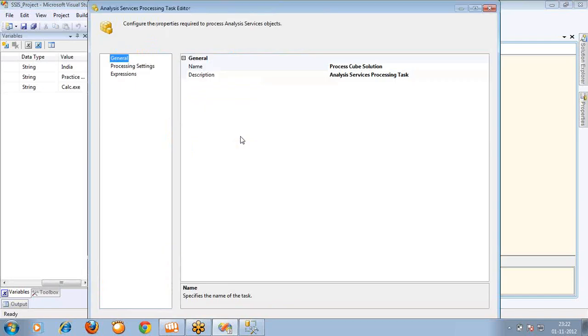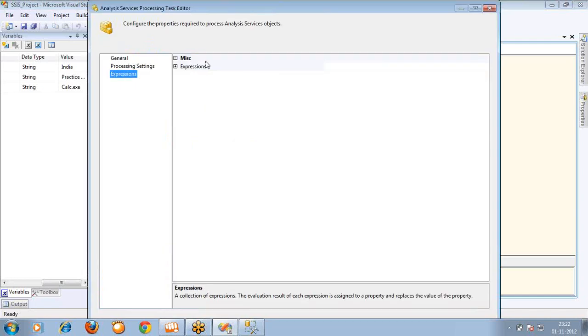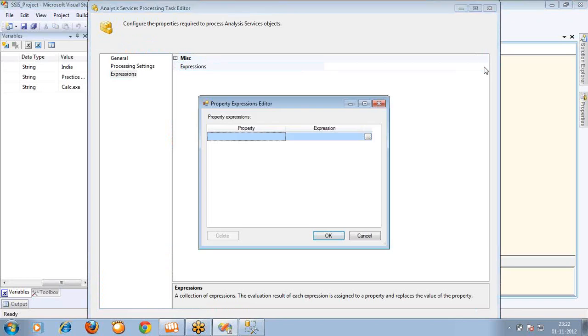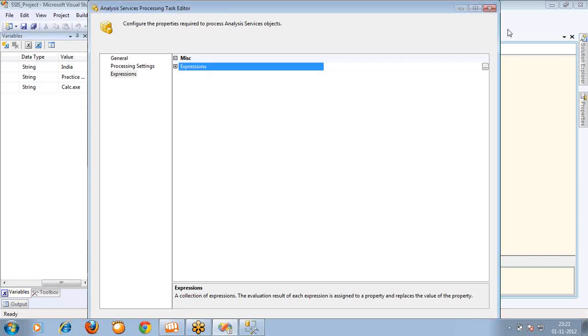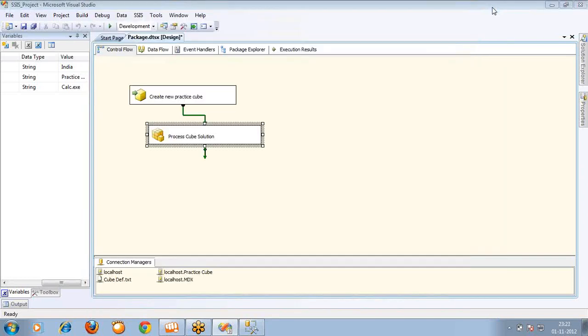and using this one it is going to process the MDX task. If you want to provide anything at runtime, you can make use of these properties. You can go for the connection name, and you can change it. You can go for the name of the cube. You have to set these two properties. The connection name should be changed to the new one, whatever the new value is for the cube that I'm going to create, and here the name needs to be changed to the new one. So this is how you can change the properties at runtime